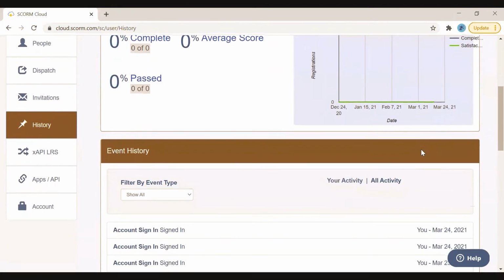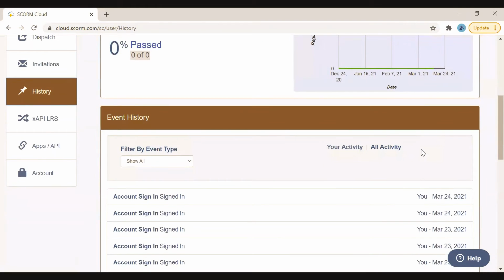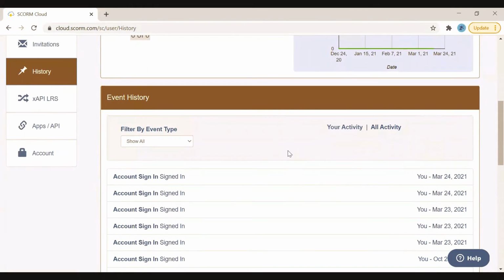So if we go down towards the bottom of the page, I can see how many times I have signed in to Scrum Cloud, what the date is, and whether it is me or someone else who has been registered to the Scrum Cloud application. And then if I click on this drop down arrow,